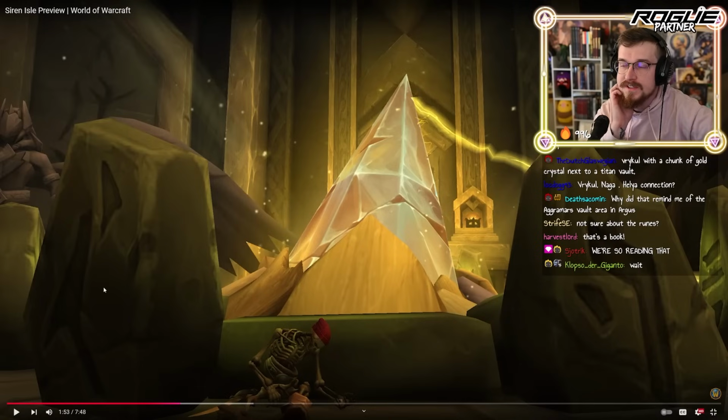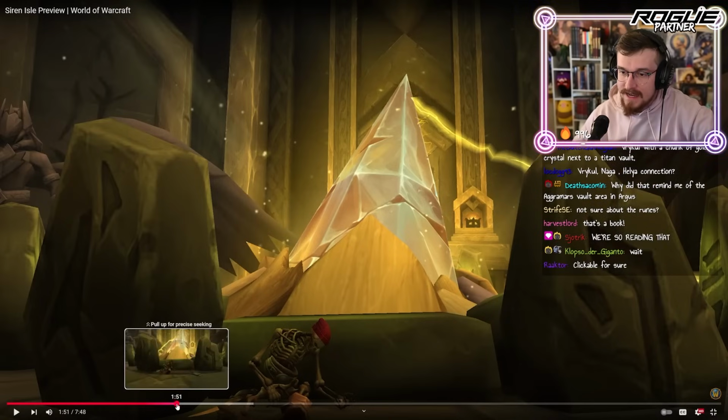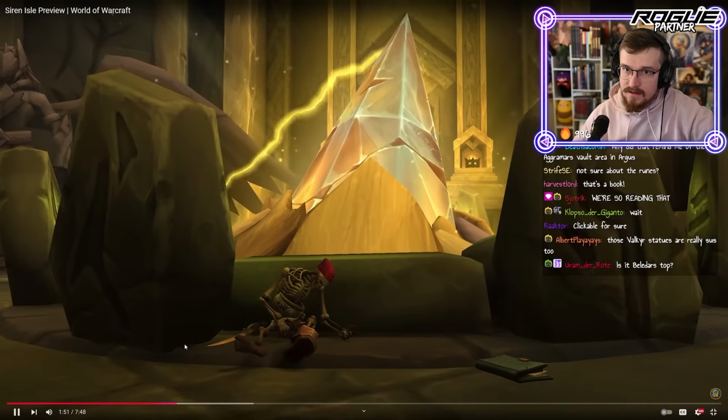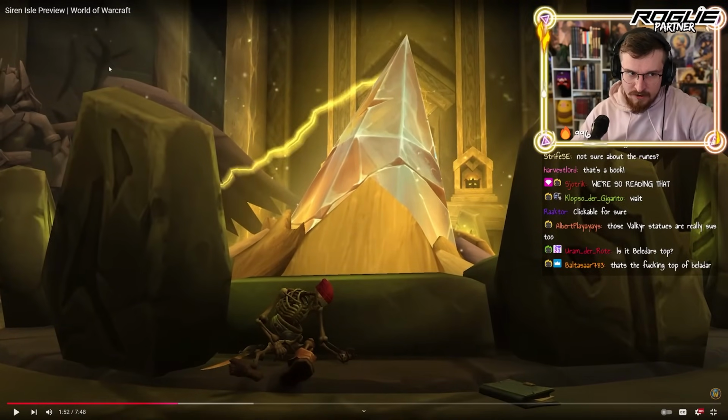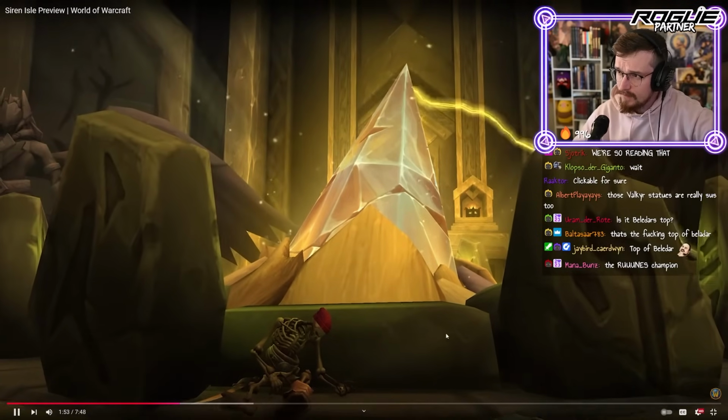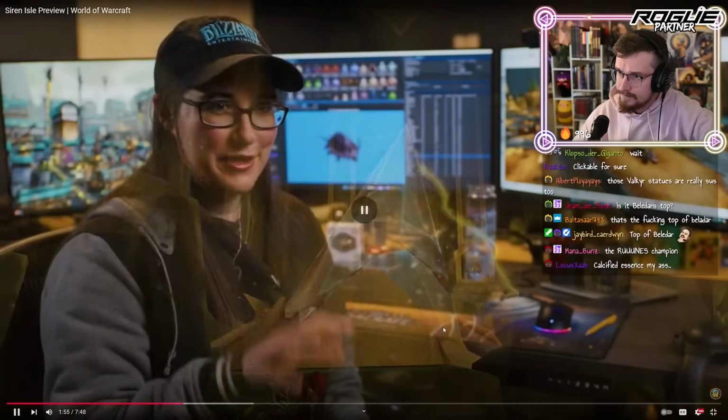Not sure about the runes. So we have a couple different kinds. I see Vrykul. I see Drust. These ones up here are more Drust, I think. These ones are more Titanic Vrykul. Arathi and the Earthen. So our friends on the island, they're all here for different...